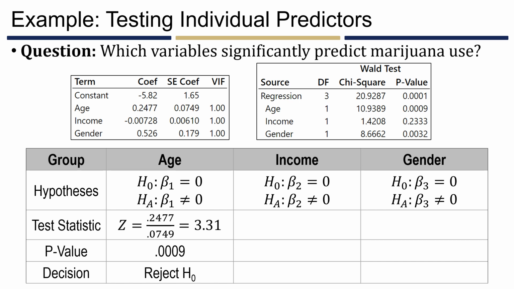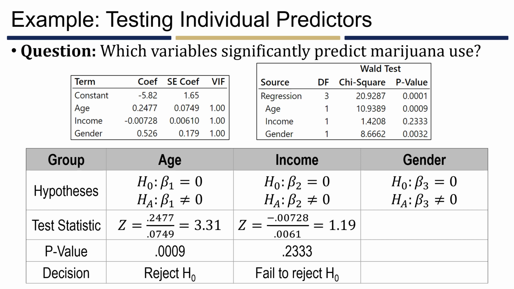Then we can do the same thing for income. We take the estimated slope for income, negative 0.00728, divide by its standard error of 0.0061, giving us a test statistic of 1.19. Squaring that value would give us the 1.4208 that you see over on the right, which corresponds to a p-value of 0.2333. This tells us that we would fail to reject the null